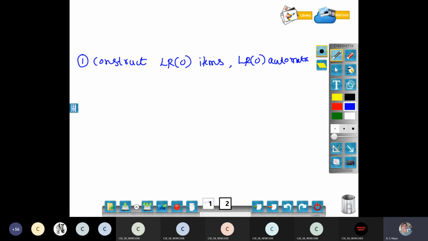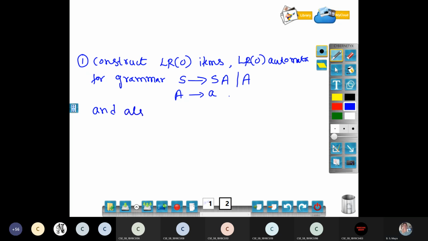Construct LR0 items and LR0 automata for the grammar S derives SA or A, A derives a, and also show the stack operation or parsing of the input.